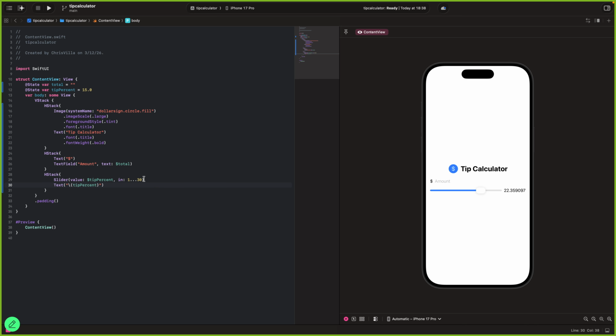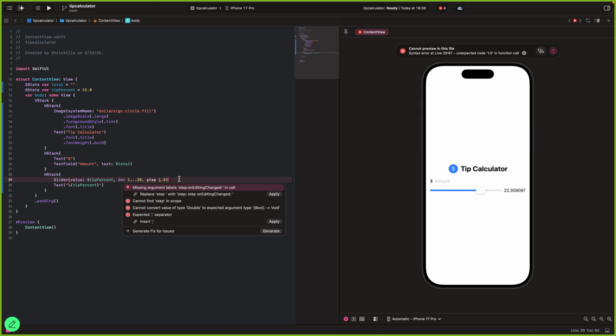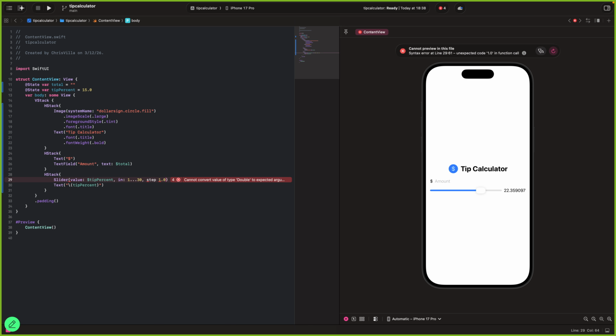So we're just gonna add a comma, step 1.0. And why is it showing an error? It shouldn't be doing this.